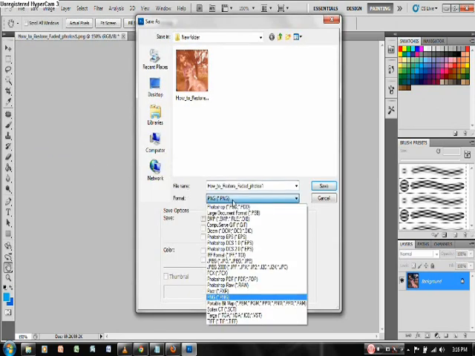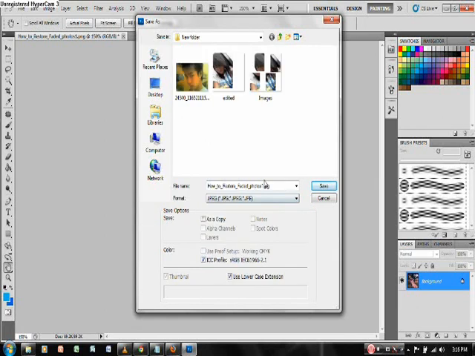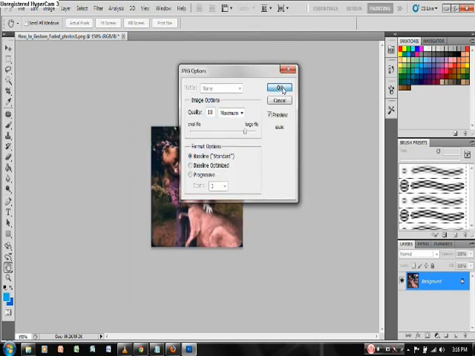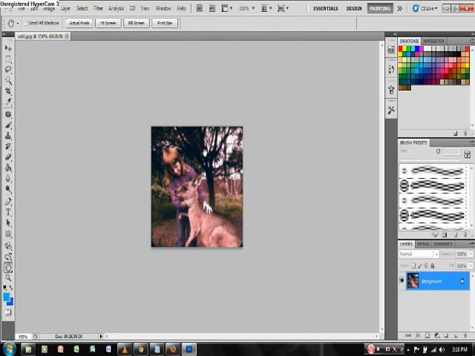Then choose again the format you want. Ready. Rename. Okay, then OK. You are able to control the output color of the picture if you want. It depends on you. So that is how to restore the color of faded photos.